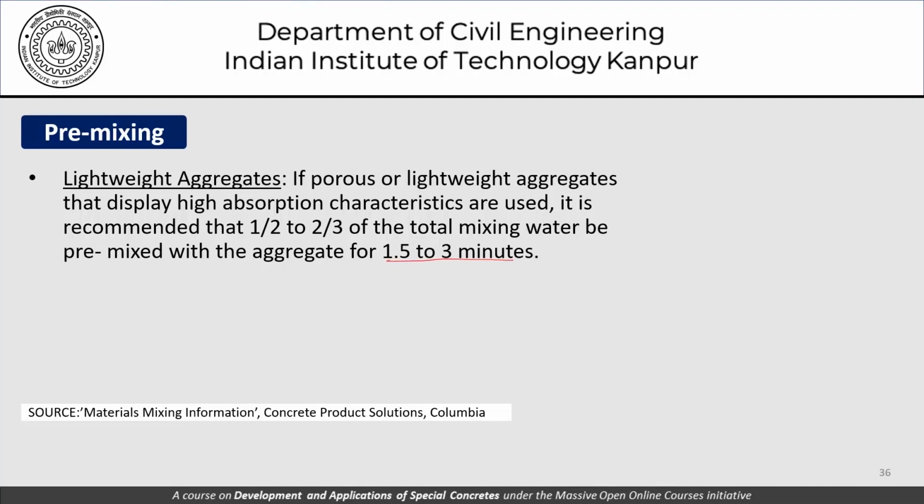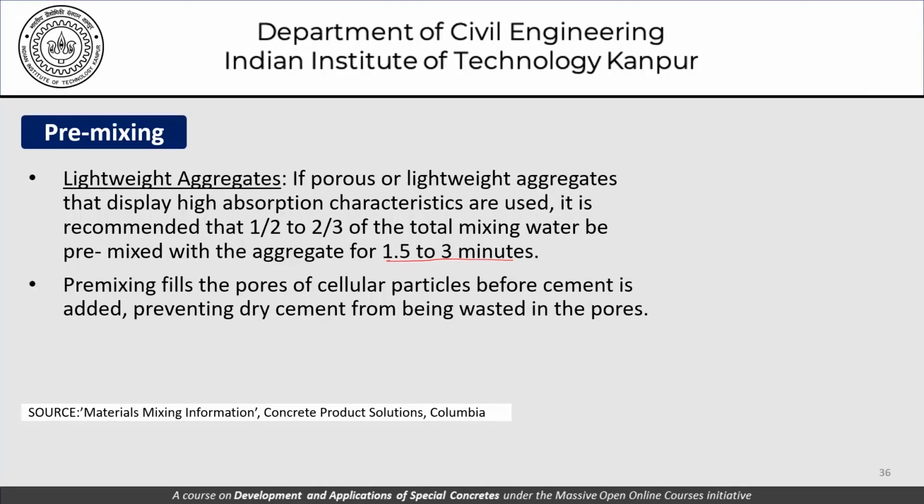This ensures that the absorption in the aggregates happens before the other ingredients are added, and if all the ingredients are added together, the absorption in all the aggregates may not happen uniformly, or it may not happen to the same extent, resulting in the concrete not being homogeneous. Premixing fills the pores of the cellular particles before cement is added, preventing dry cement from being wasted in these